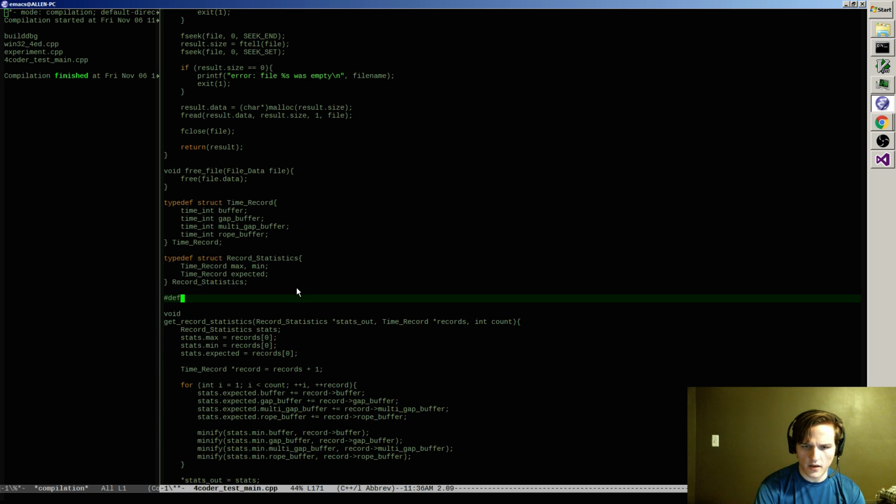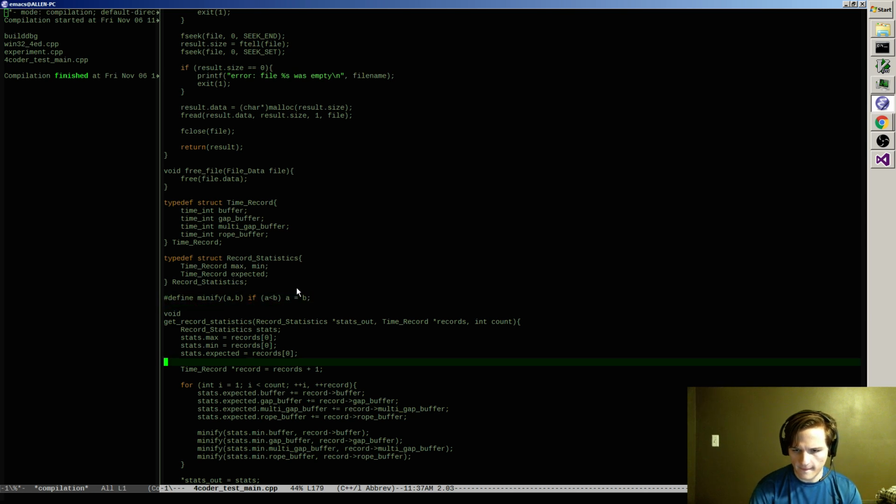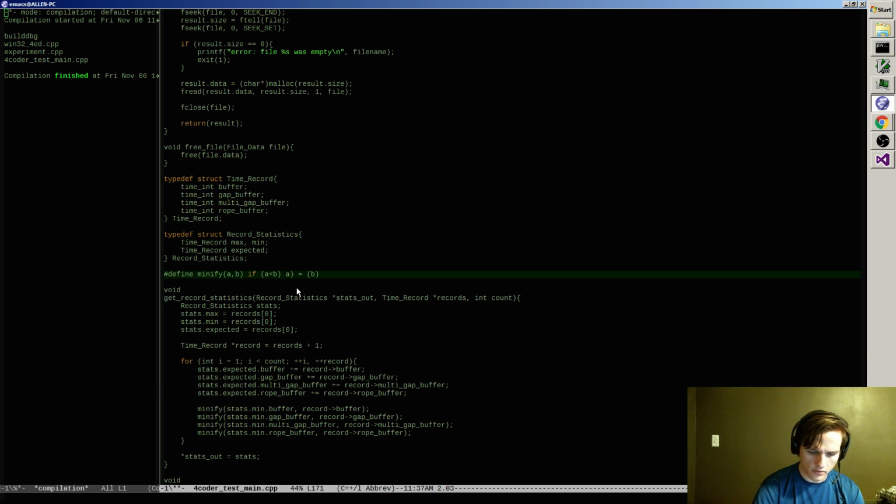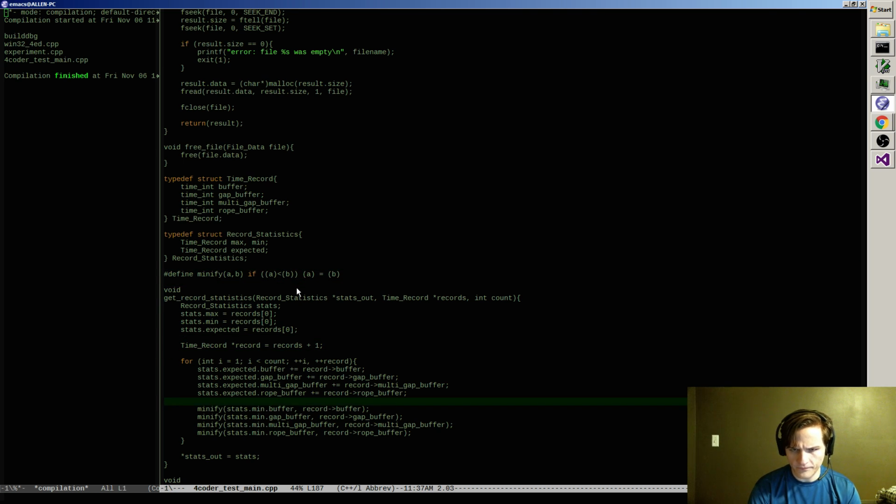And minify goes like this: if A is less than B, A equals B. And of course, being a good, responsible macro writer, I will make sure I put everything in parentheses, just in case anything goes weird. Okay. So we can minify those.